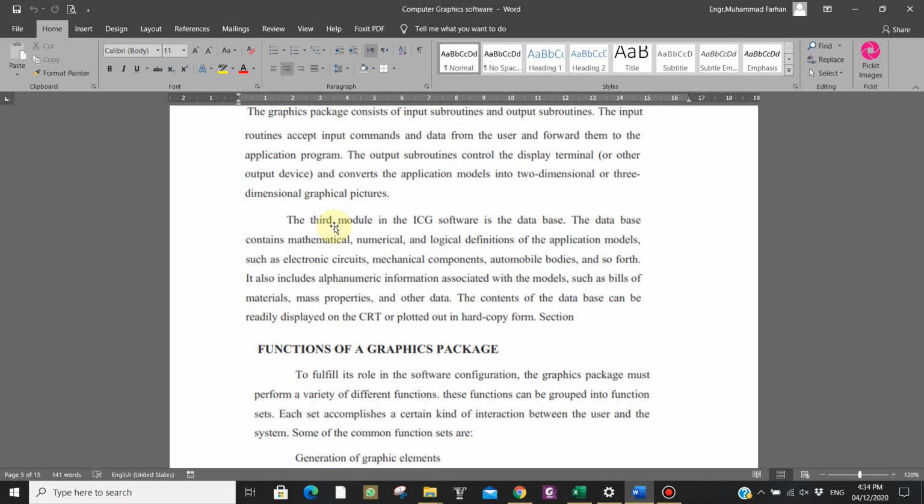Database means the backend data, the backend storage, the backend features or functions that define the direction of your graphic software, how the graphic software will work. The database contains, so what type of database can be included in your graphic software? The first one is mathematical operations, numerical and logical definitions of application models such as electronic circuits, mechanical components,